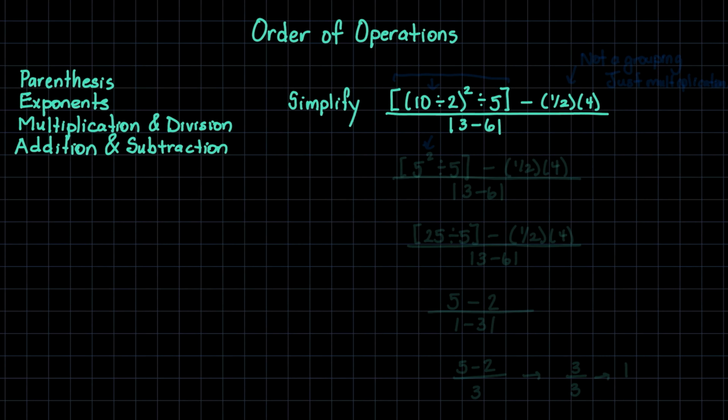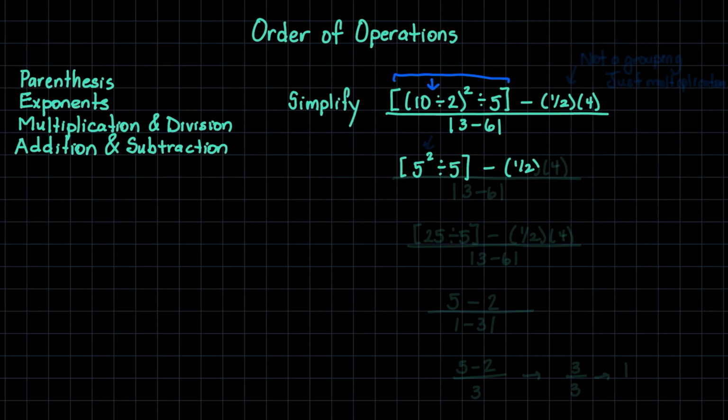We've reached our last example to simplify. So we've got a pretty large expression here, and we're going to look for our groupings. I have a grouping here, and inside of that grouping, there's a grouping. But remember, once we identify a grouping within it, you go in order of operations as well. So inside this grouping, I know I start here with 10 divided by 2 is 5 squared divided by 5